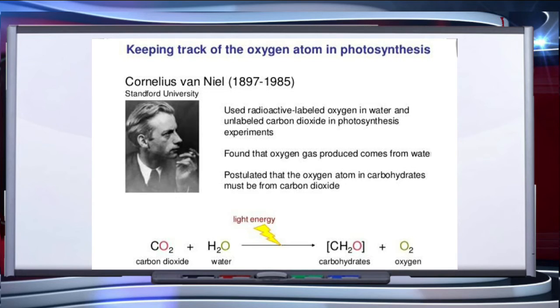A milestone contribution to the understanding of photosynthesis was made by a microbiologist, Van Niel, who, based on his studies of purple and green bacteria, demonstrated that photosynthesis is essentially a light dependent reaction in which hydrogen from a suitable oxidizable compound reduces carbon dioxide to carbohydrates. He gave the present day equation of photosynthesis.